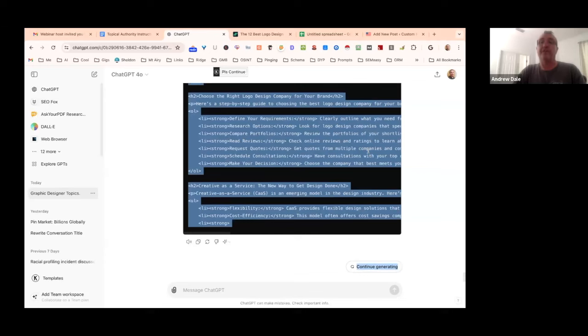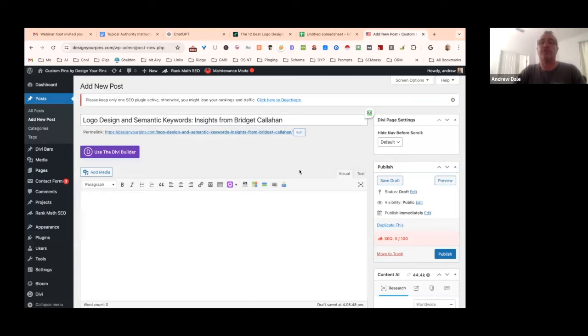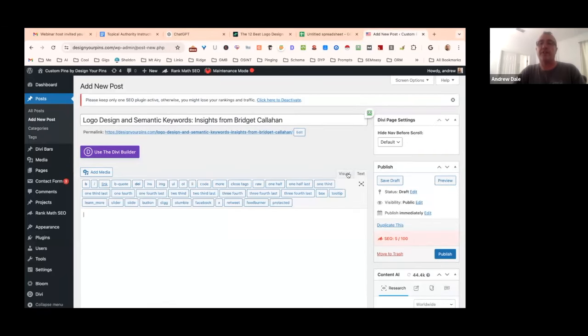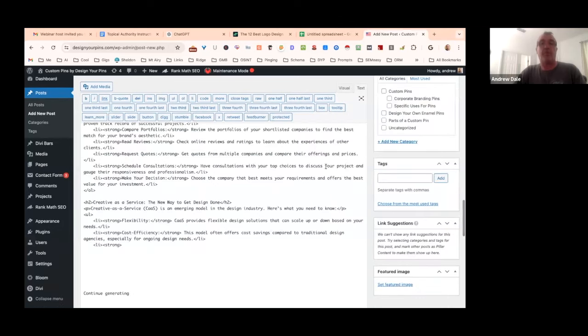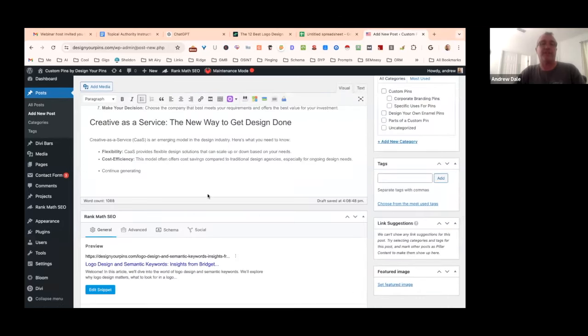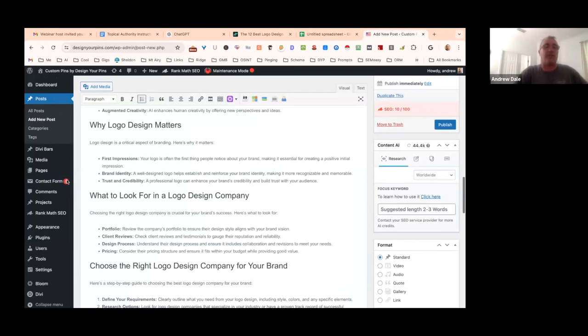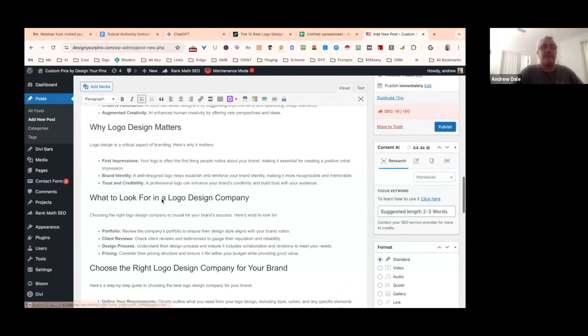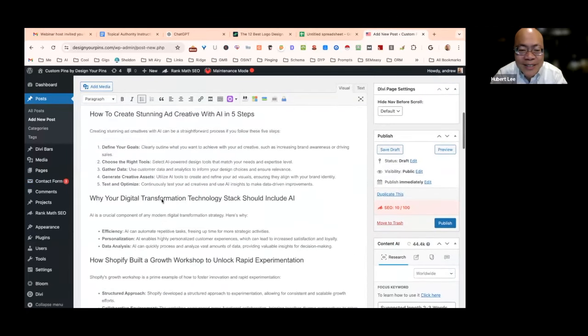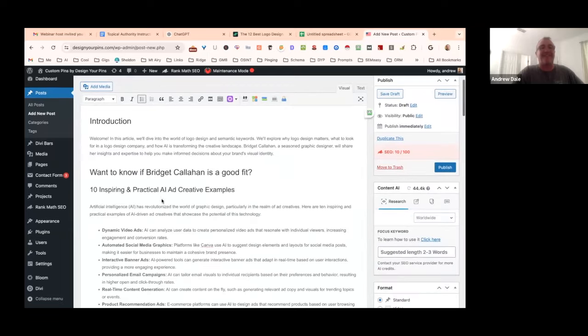And then we'll continue, but just to show you, you just click over here where it says visual and where it says text. Pop all of that in there and then go back to visual and you can actually see that it formats it all exactly the way that it needs to be. With the proper header, H1s proper and header twos, H1 tags, everything. That's awesome.